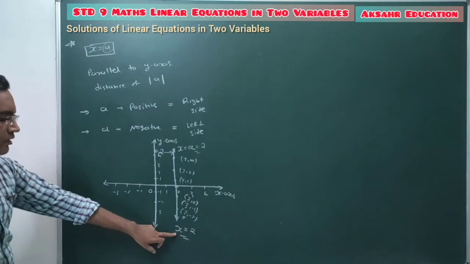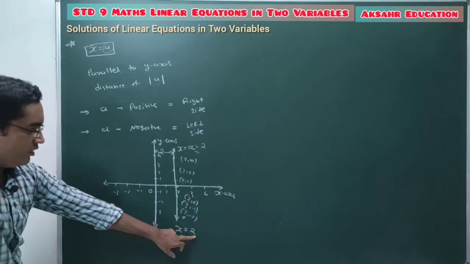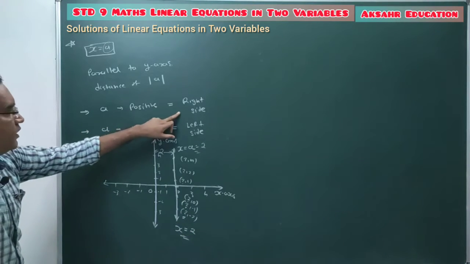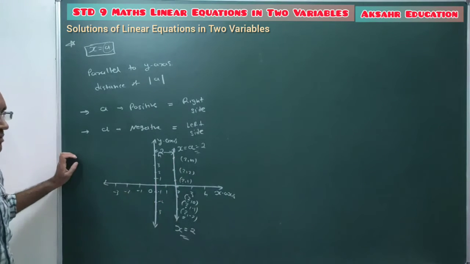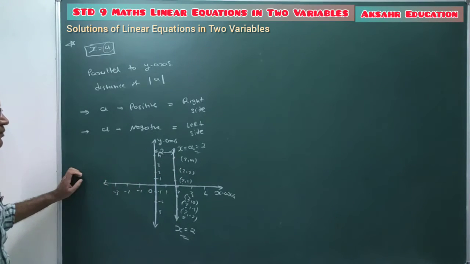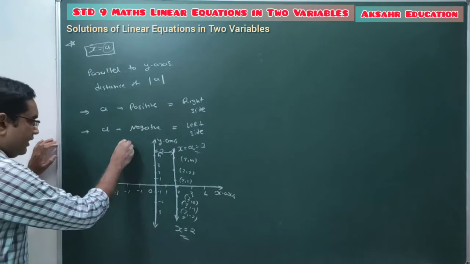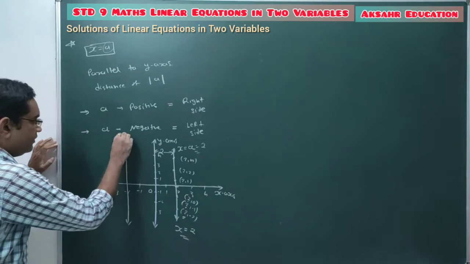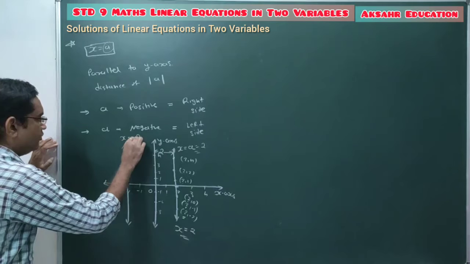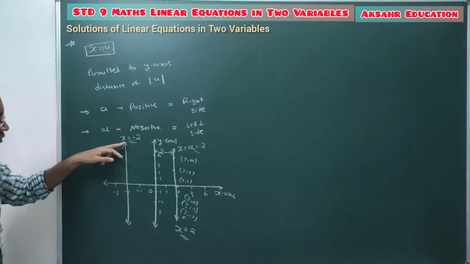That means the line is parallel to y axis at the distance of 2 unit in the right hand direction. Here 2 is positive, so when it is positive, we get one parallel line on the right side of this y axis. Suppose it's x equal to -2, so we get one parallel line on the left side of this y axis. So the equation of this line is x equal to -2. All the points which lie on this line have x coordinate always -2.